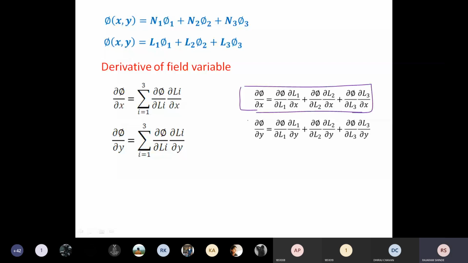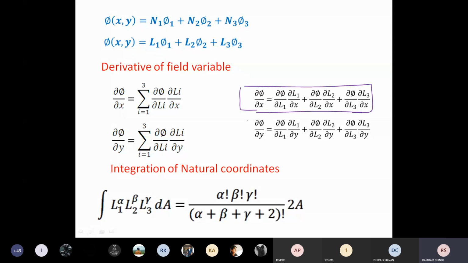length. Now here we have defined the coordinates in terms of the areas. Therefore, its integration is over the area, and that integration is given by this equation. You see here alpha factorial, beta factorial, gamma factorial. Gamma because there are three natural coordinates. You have to remember this. This is for two-dimensional, and last time what we have taken is for a one-dimensional element. Okay. Now what is the difference between the two? Here in place of 1 there is a 2, and one more gamma is added because of the third natural coordinate, and in place of length there is 2 into area.